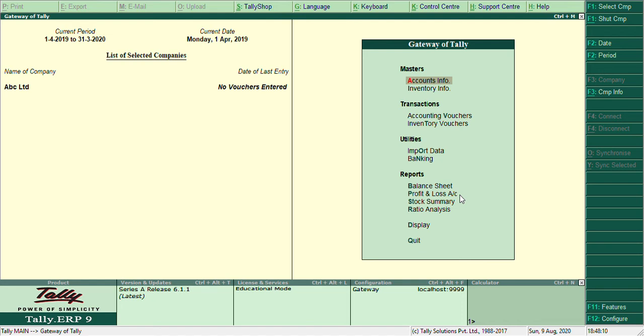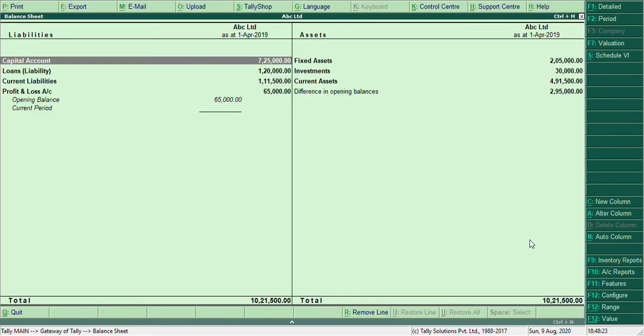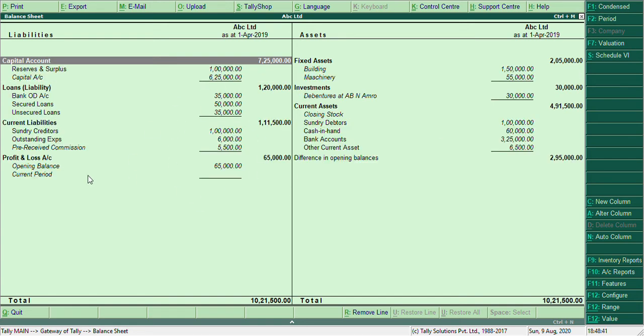Now we can view the balance sheet. According to the opening balances we have given, we can view the balance sheet. You can view it by pressing detailed mode. Here, in the buttons bar, there is a detailed option, or from the keyboard you can press Alt and F1. It will show the detailed balance sheet, showing how we created all the ledgers and under which group each is shown.